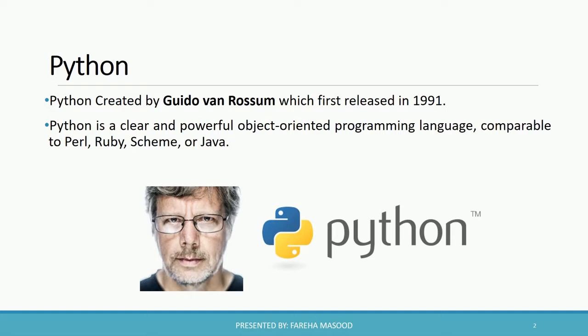Python was created by Guido van Rossum, and Python laid its foundation in the late 1980s. Then it was released in 1991. As compared to other programming languages, Python is a clear and powerful object-oriented programming language. So if we talk about notable features of Python,